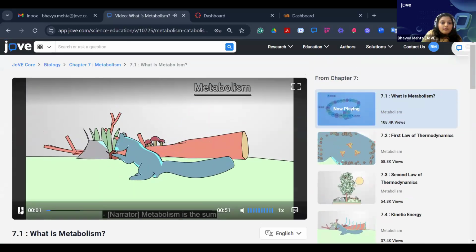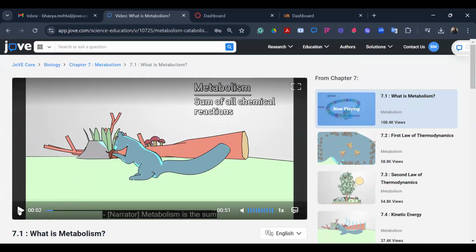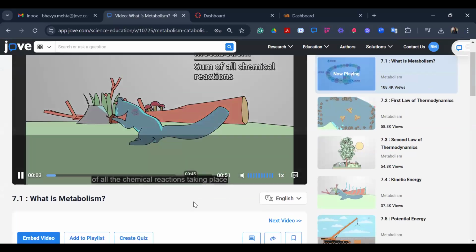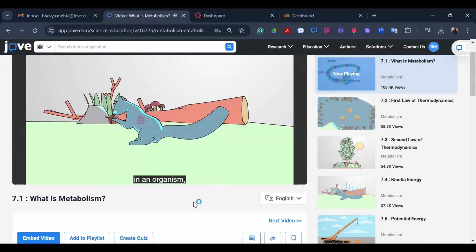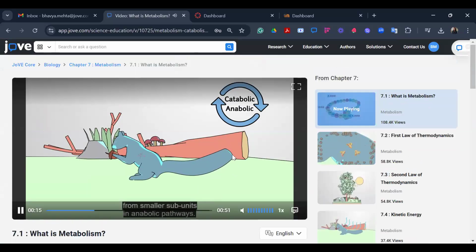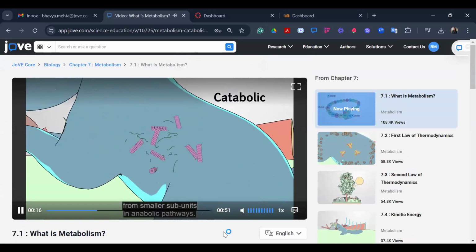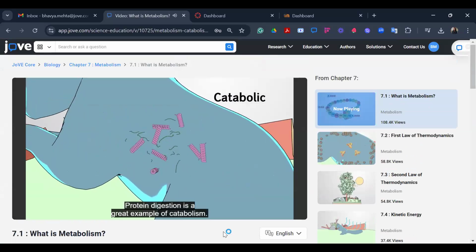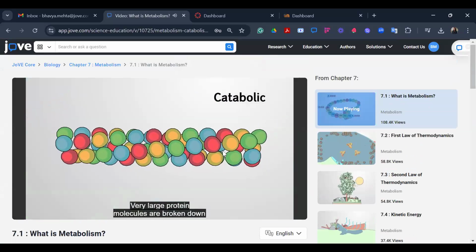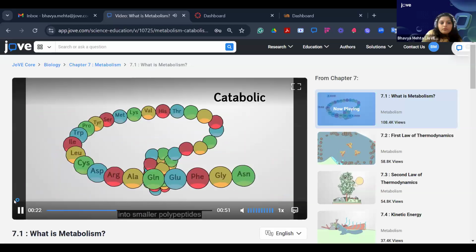Metabolism is the sum of all of the chemical reactions taking place in an organism, from the breakdown of macromolecules in food, a catabolic pathway, to the assembly of usable macromolecules from smaller subunits in anabolic pathways. Protein digestion is a great example of catabolism. Very large protein molecules are broken down into smaller